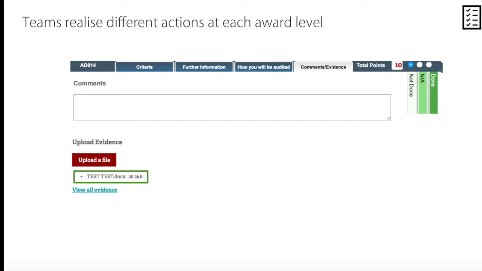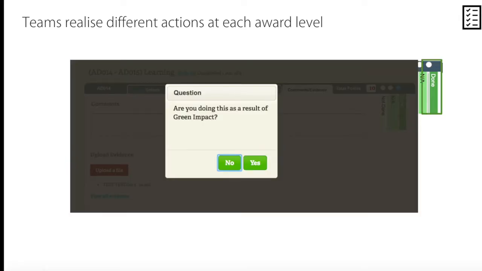Once a team has uploaded evidence and basically has completed the criterion, they have the option to click done. And then the question comes up, are you doing this as a result of Green Impact? And they have the option to say yes or no. This is so that in the end, we can see the statistics of how many of the actions were actually a result of Green Impact and what impact Green Impact did have in your university, even if a team clicks